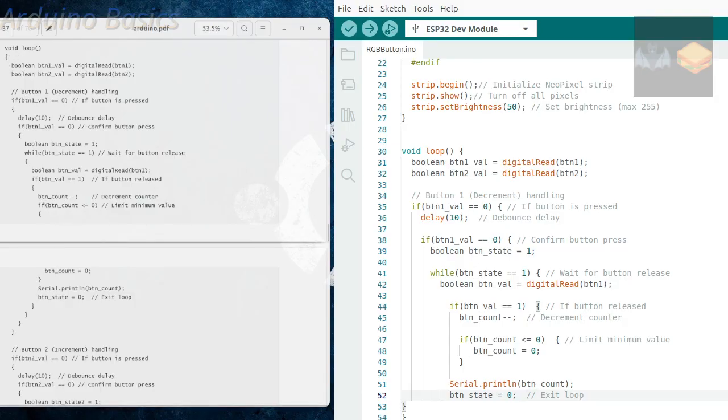open curly brace, Boolean button 1 value equals digital read the hardware button 1, Boolean button 2 value equals digital read the button 2. Okay, and then we have our button 1 decrement handling. If button value 1 is equal to 0, if the button is pressed, then delay 10 milliseconds, and if the button value of 1 is equal to 0, confirming the button press,